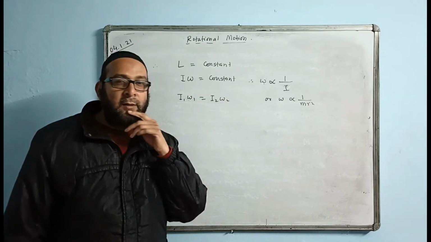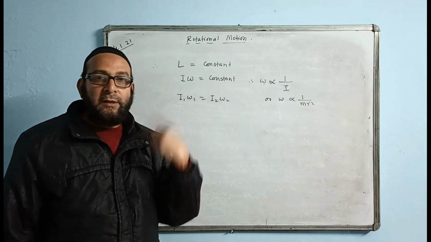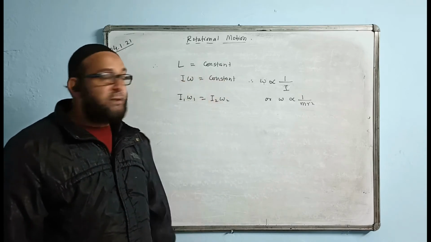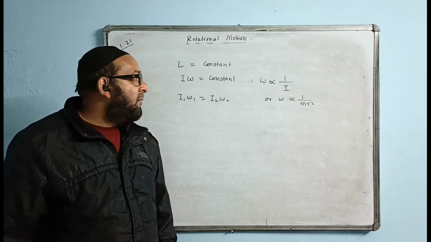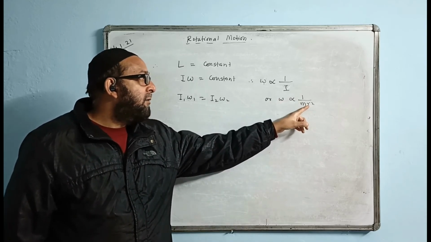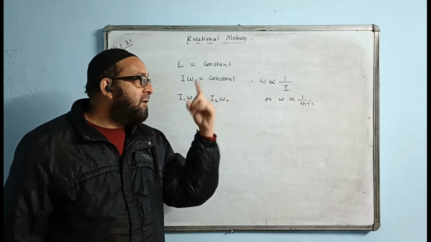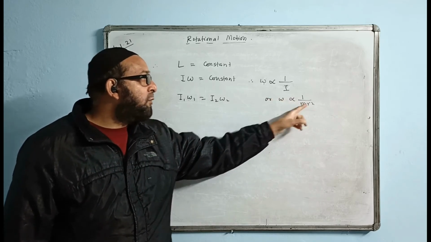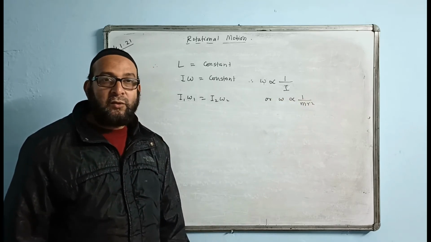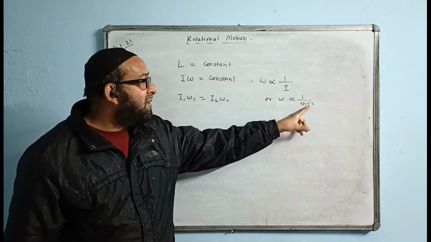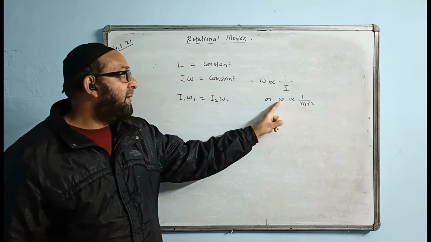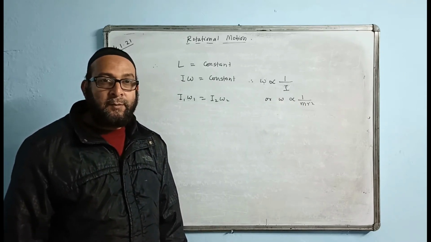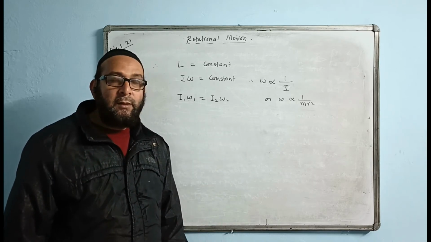This fact is used when there is a rotation taking place anywhere. That time the total angular momentum remains constant. There is omega and r, that means radius, or the distance from the axis. They are inversely proportional. Omega is inversely proportional to r square when the mass is constant. The more the distance from the axis of rotation, the less will be the value of omega. The less the distance, the more will be the value of omega. Just inversely proportional.